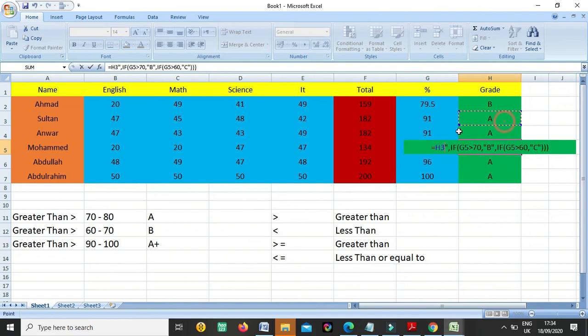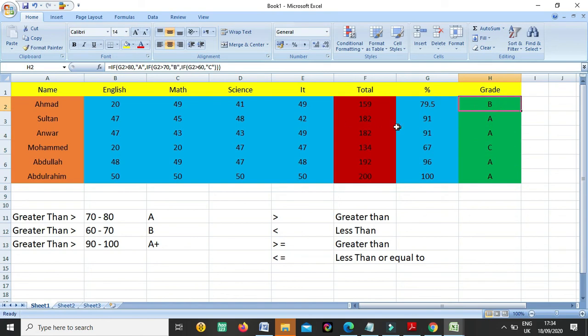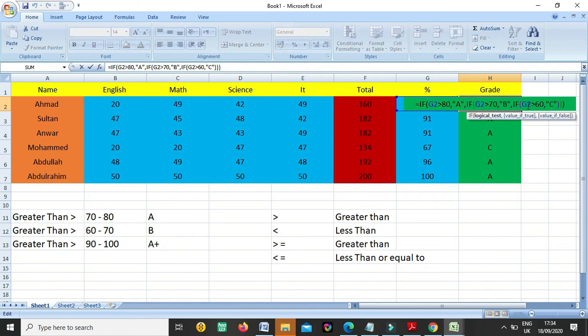Okay, so like this I am saying if somebody has greater than 80, he will be A. So who is greater than 80? He is A. But what about if he's 79, suppose? Okay, I say here 41.5, 41.50 or 42. He has 80 but still he has B. Why? Because I said if somebody is greater than 80, he will be A.